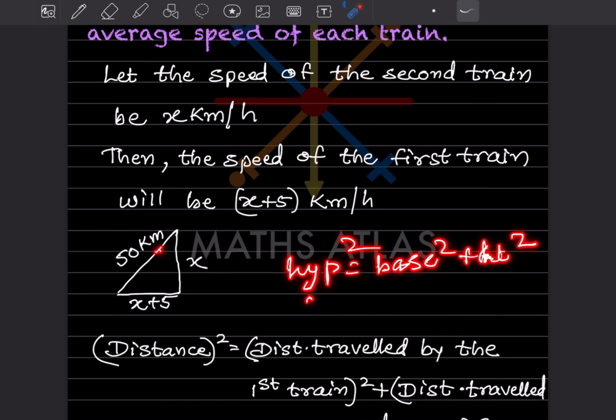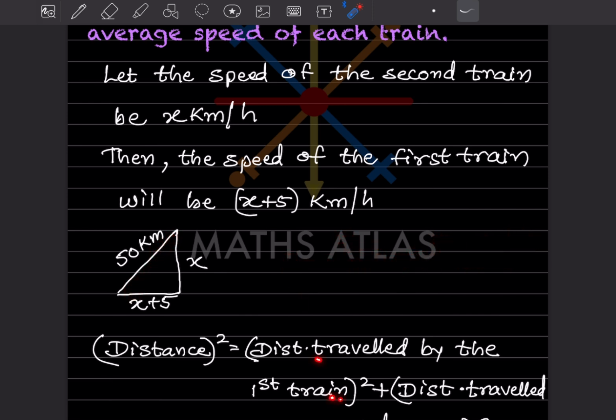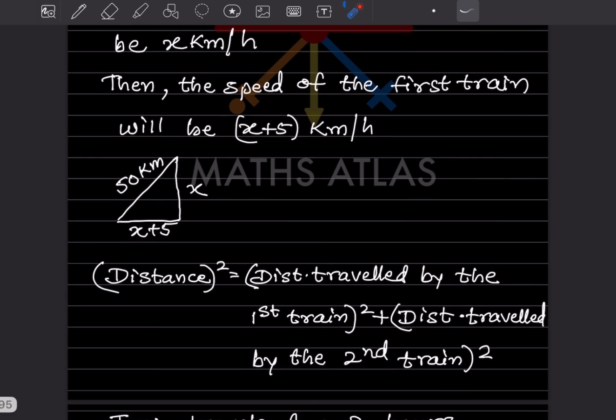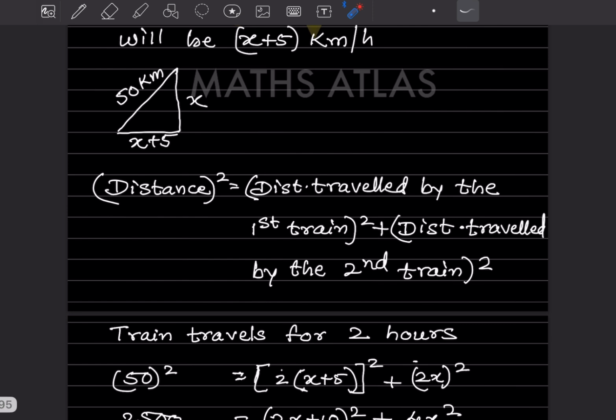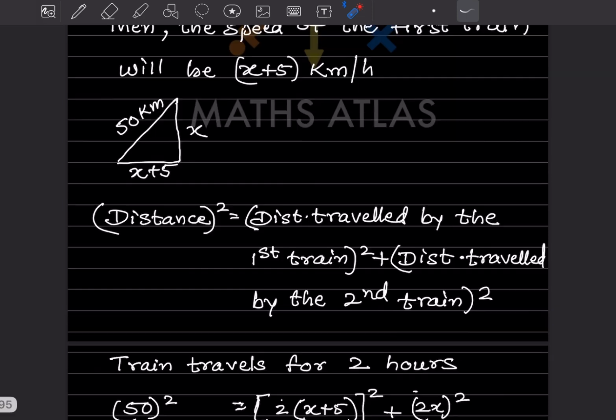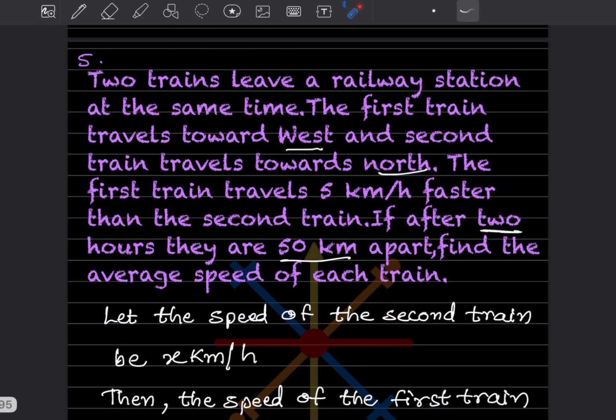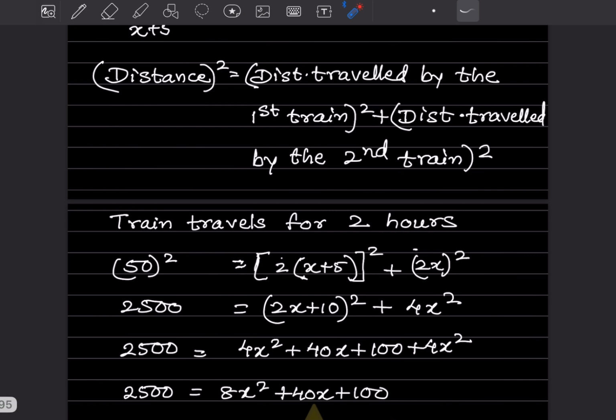So your hypotenuse is here, this 50. That distance squared is equal to the distance traveled by the first train squared, plus the distance traveled by the second train, and you have to take the square of it. Now you know this distance is given as 50, so 50 squared is going to be... Here they have said, if after 2 hours, this is important, they are 50 kilometers apart, so this train travels for this